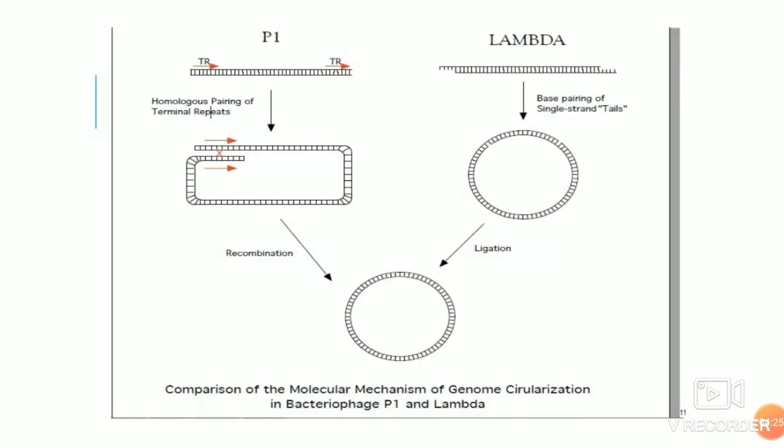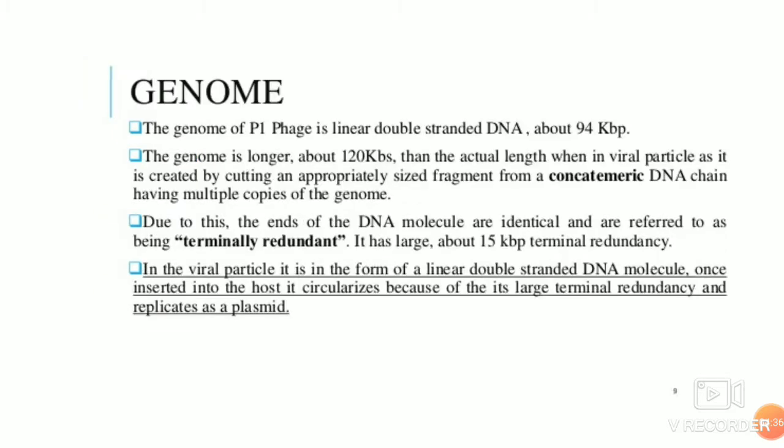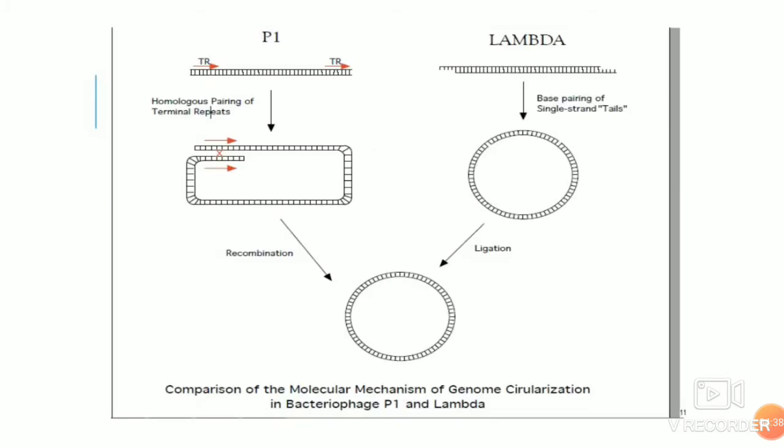Once it is injected into the cell, it circularizes, and the ligation creates the circular prophage. But in case of P1, because of the terminal redundancy, homologous recombination or homologous pairing of the terminal repeats happens,